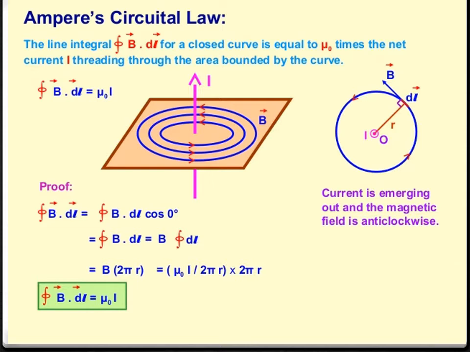So Ampere's circuital law is used to calculate the magnetic field at a point whenever there is symmetry in the problem. This is similar to Gauss's law. The line integral of the magnetic field over a closed loop is mu naught times the net current enclosed by the loop, that is mu naught into I. You understood? This is Ampere's circuital law.